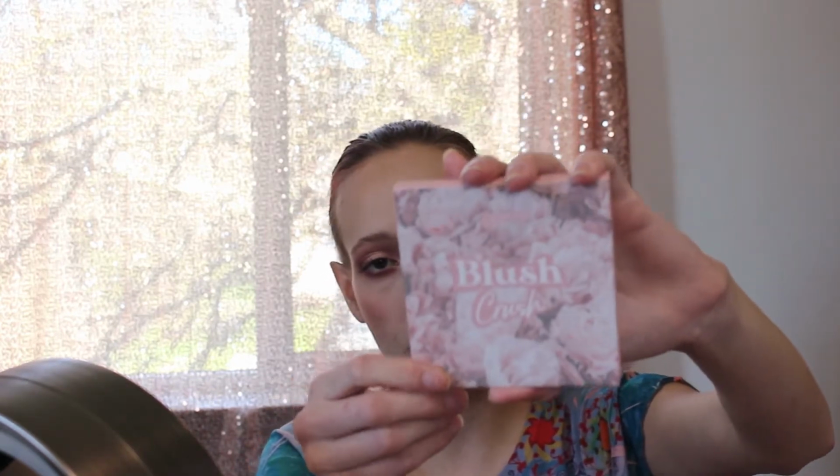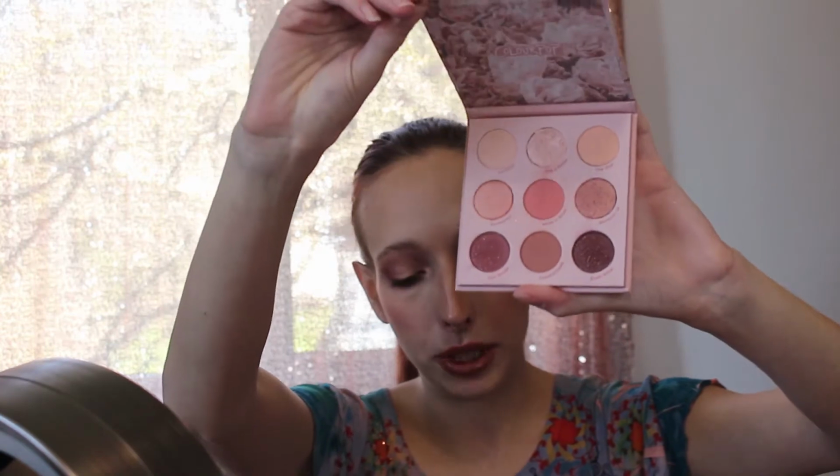Today I am doing this very festive, very fun, very pink kind of daytime Valentine's Day look. I mean, you could wear it out in the evening if you wanted to. I just figured I liked the fun festive stuff, so I'd go ahead and do that kind of tutorial. I did go ahead and pick up the new Colourpop Blush Crush palette, which I will be using entirely